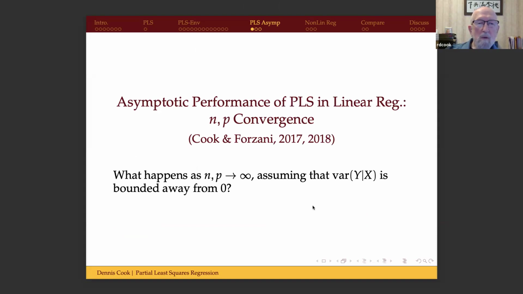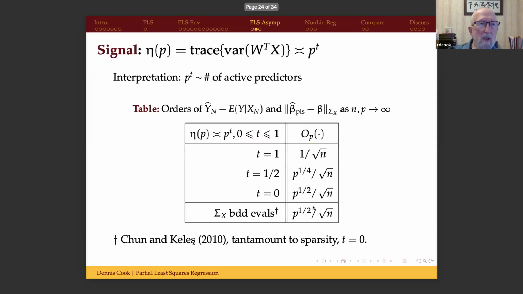Asymptotic performance of PLS in linear regression. We talked about this at the beginning. I gave you kind of an overview. Here is just a little bit more detail. When we were doing our asymptotic analysis, and this is just for linear regression, the signal turned out to be